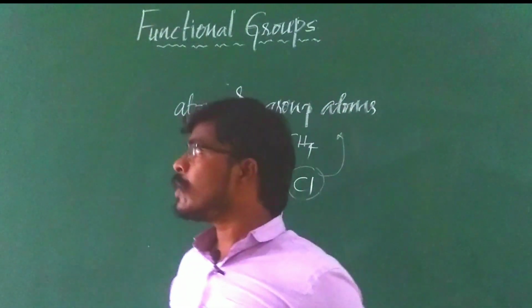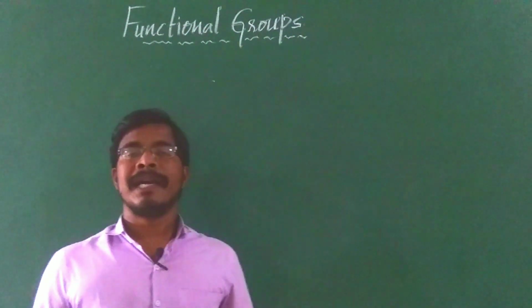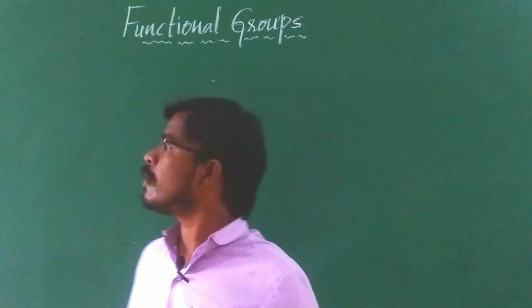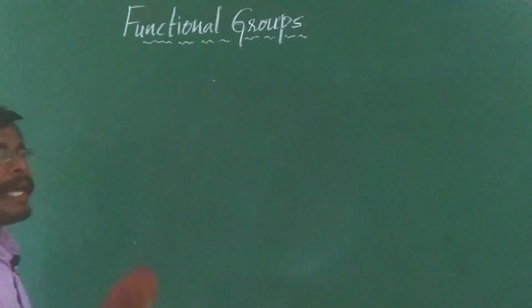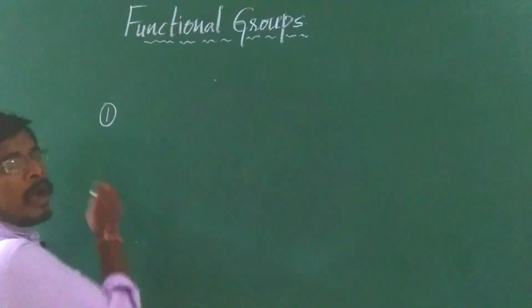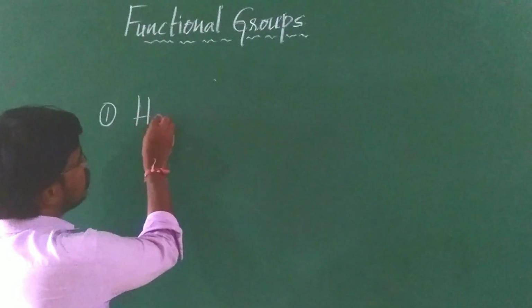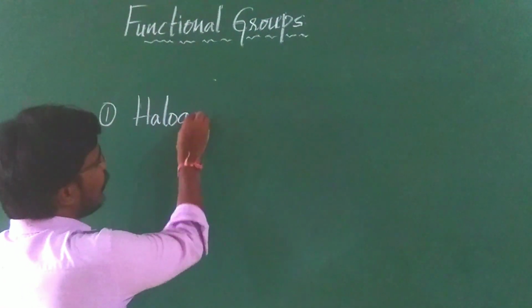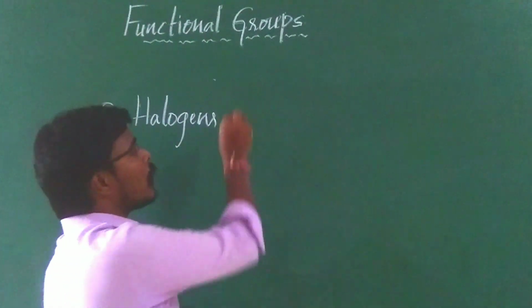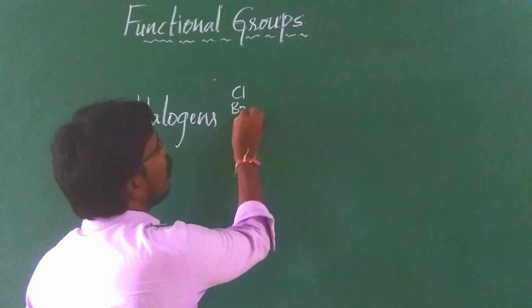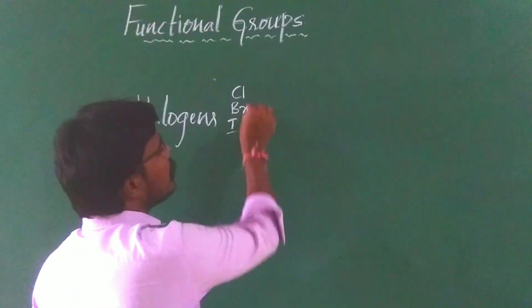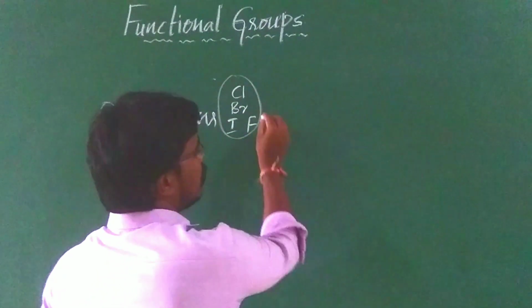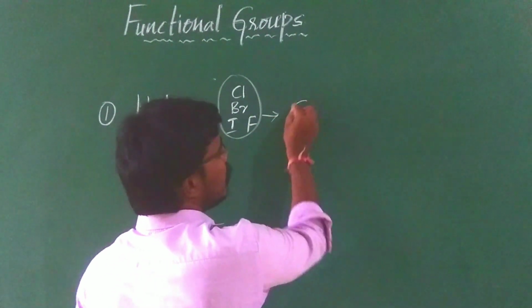Okay. Now let us go with the functional groups. Yes, dear students, the first functional group I am taking here is halogens. Halogens are nothing but chlorine, bromine, iodine, fluorine. All these are halogens, and the general formula we can take here is